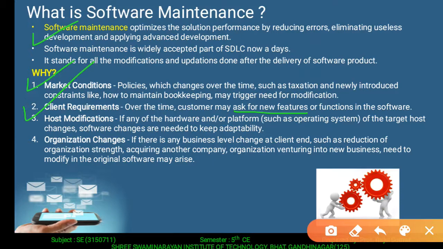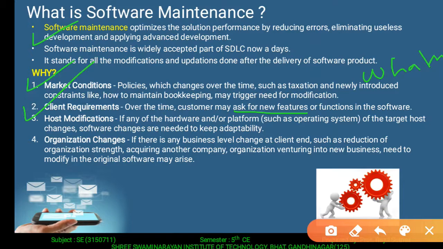For example, the previous version of WhatsApp did not support video calling facility. So customers needed an advanced thing to be updated in WhatsApp, and each and every function is updated day by day in